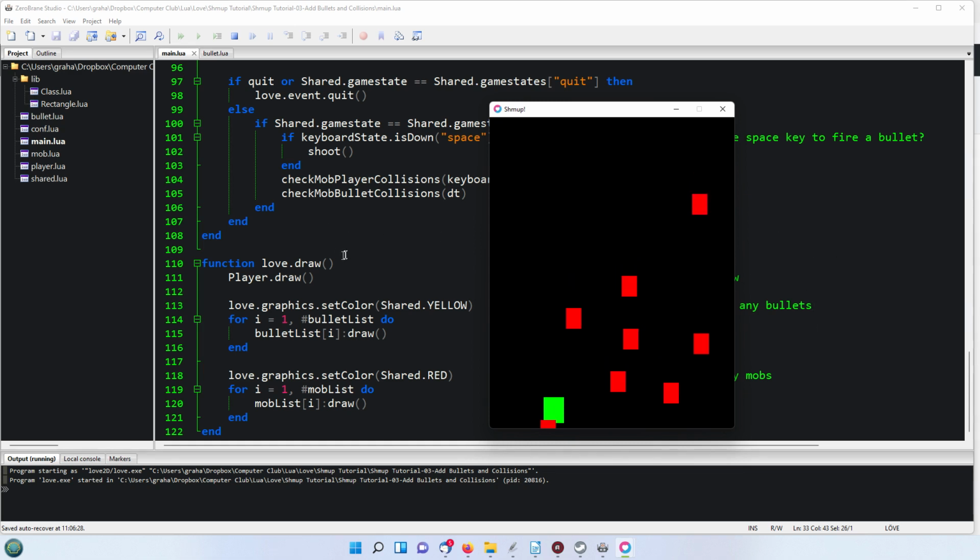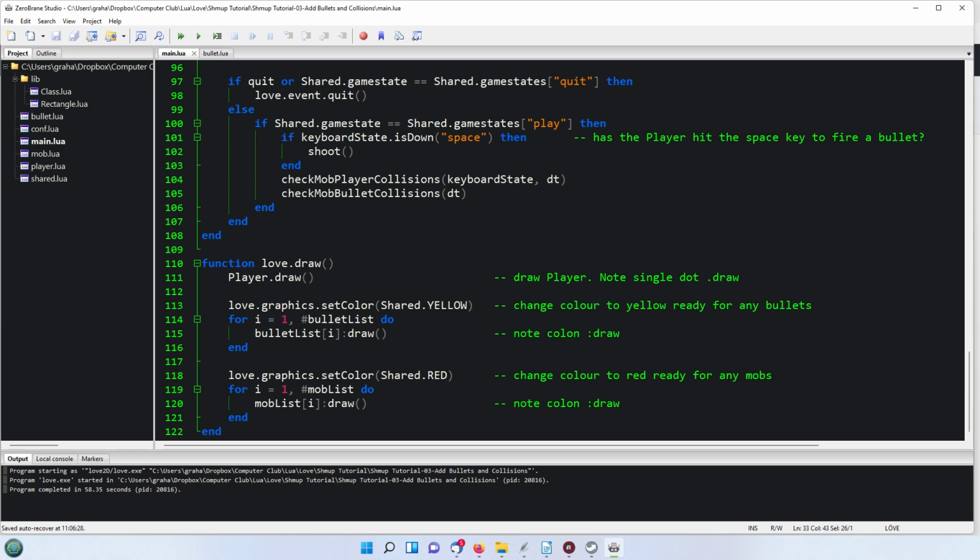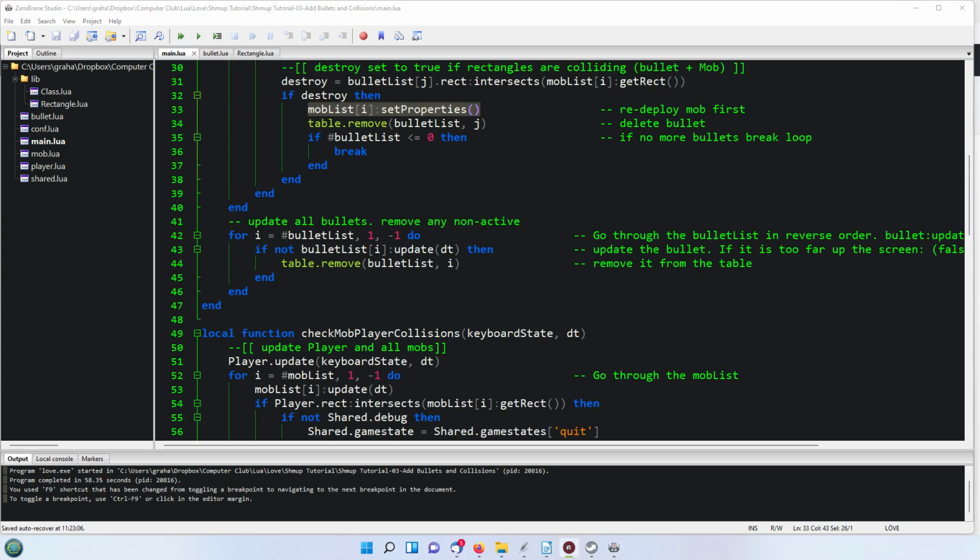So I think that covers everything there, and the next time round we'll be using graphics to change these rectangles, but at least the principles of the game are now working. Also, there's one thing I did forget to do, and that is to explain how the rectangle collision is decided. So it occurs twice in this function here, where we're checking to see whether the rectangle that surrounds the bullet intersects with the mob, and again down here where we're checking whether the rectangle from the player intersects with the